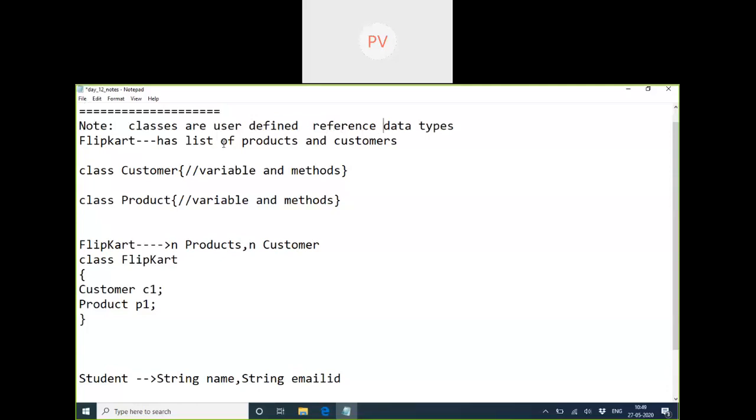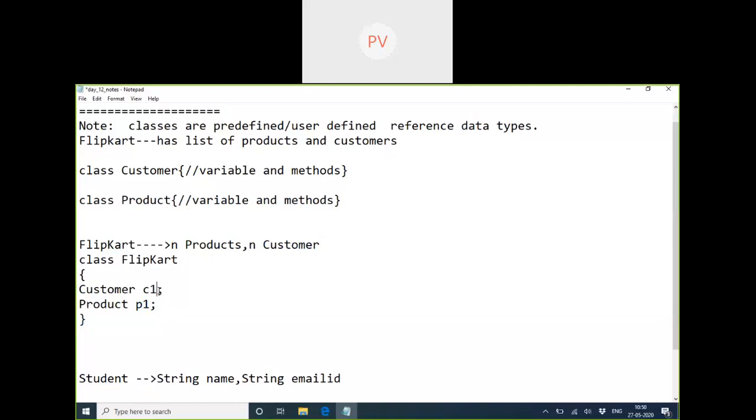Whether it's user defined or predefined, there are two types of reference data types, and these are data types. So whenever I said Flipkart has products and customers, it means it has a few objects of products and a few objects of customers. In this scenario, I have declared one variable of customer and one variable of product. But is it an object or only a reference variable?